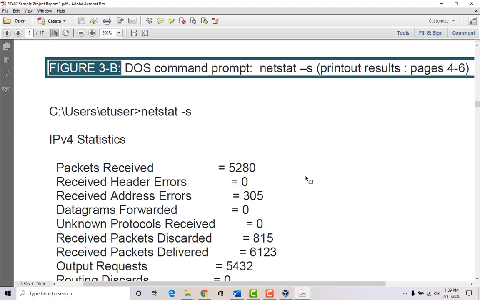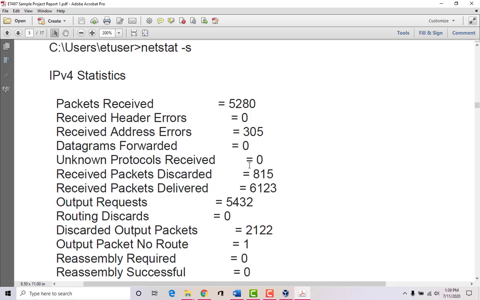Another command prompt tool is netstat, and that gives you some statistics about the IP, Internet Protocol, that is used in the network, and this is version 4. We're going to get into detail in the class about the different versions.